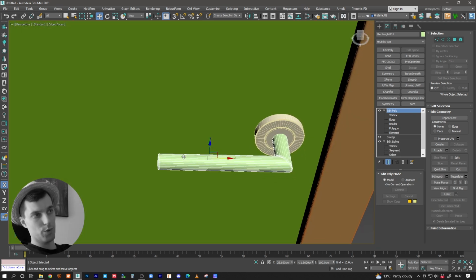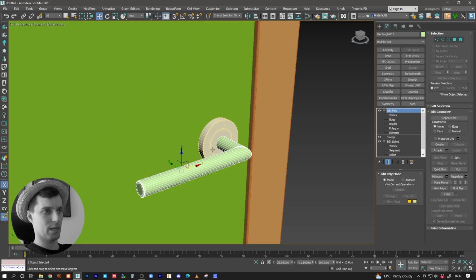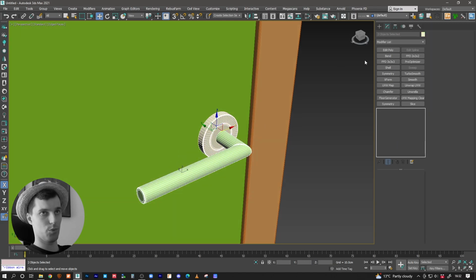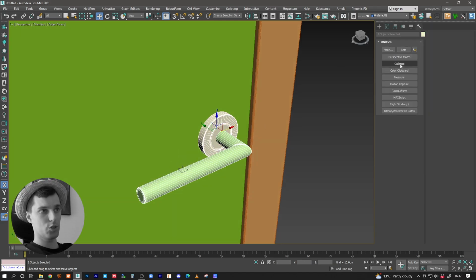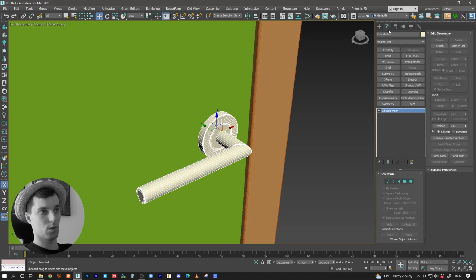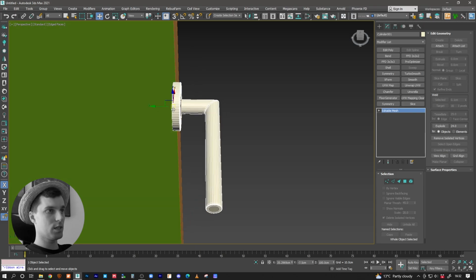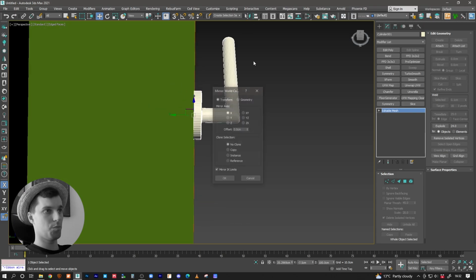If you want to add a different material in the middle, you can separate this geometry, but I'm not gonna extend this to that point. I'm trying to model a very simple door here. So I'm just gonna collapse this object because I don't really need to keep it with all the modifiers there. So the next thing I'm gonna do is mirror it, Y, instance,